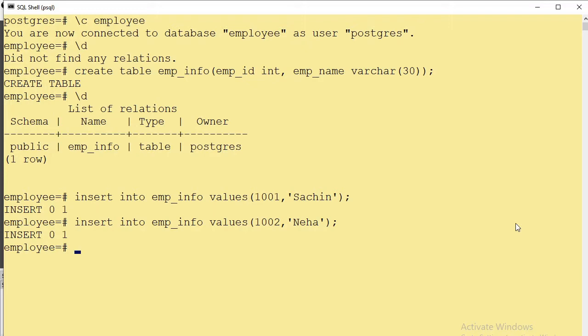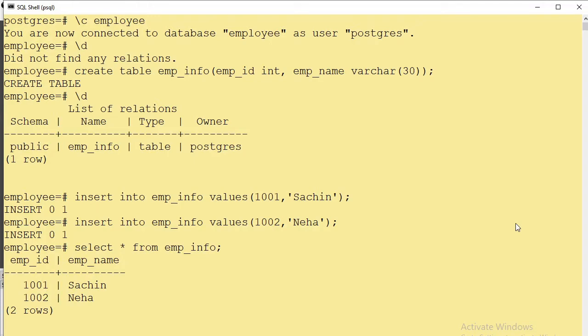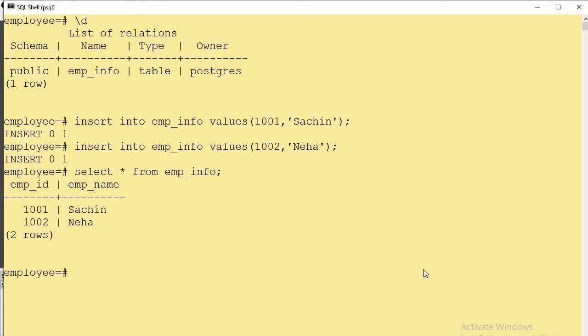How do we test whether the record is inserted successfully or not? We can give the command select star, which means all fields, from the table name employee_info, and we can find that two records are inserted in the table.